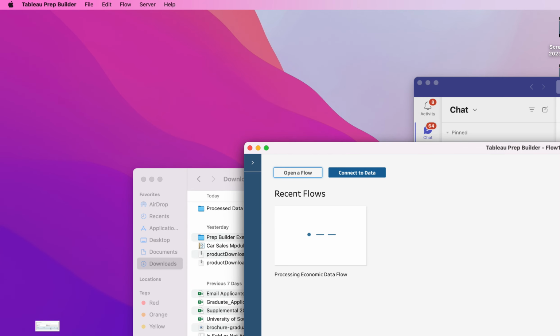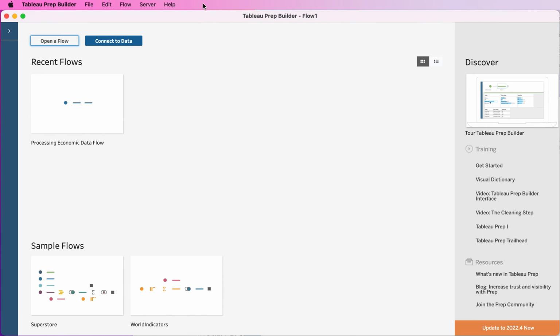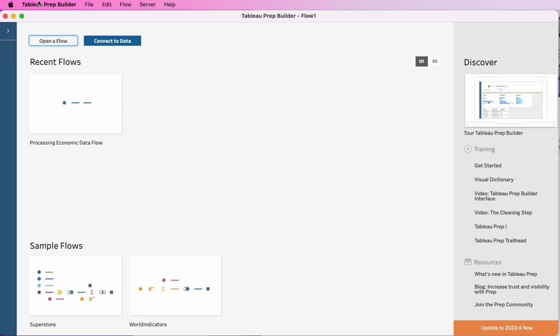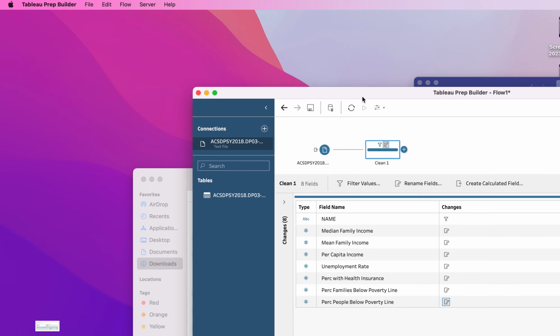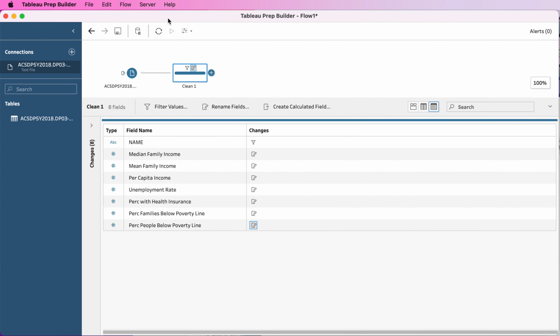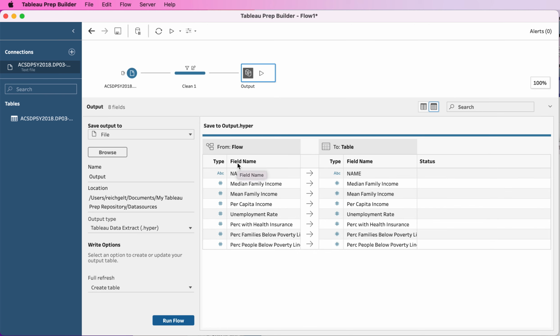So what I did was I made essentially that same flow. Let me get the right one. I made that same flow. Okay, so this is exactly what I did before. But now what I'm going to do is add an output step to it. And what you see is I have a number of different options for creating the output. By default,